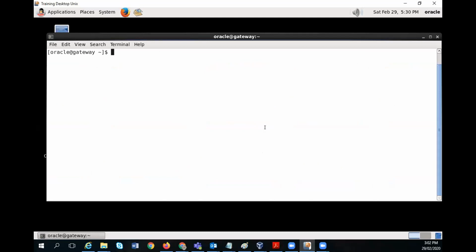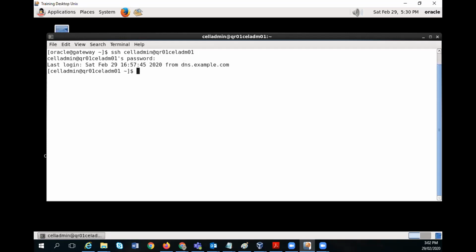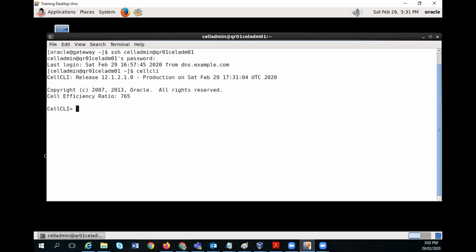So what I am doing here, I am using my SSH connections to communicate to my Exadata box. To save my time, I copy paste, and my password for the particular cell admin I have connected. Then I can call my cellcli command. Once the CLI command comes up, then you are able to monitor all the metrics and you can observe your